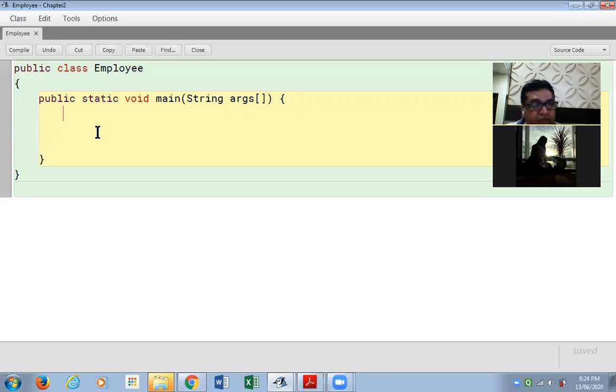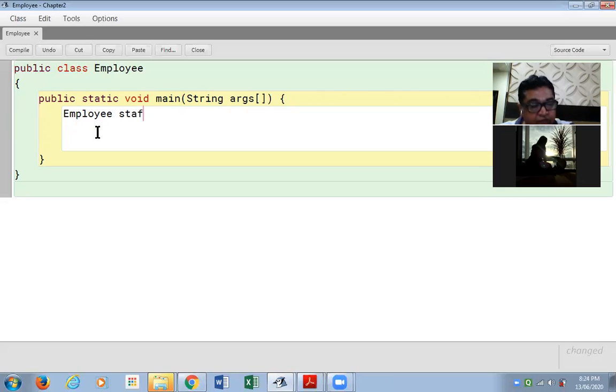Now within the main function, I am creating an employee class object, and I'm giving the name to the object as staff1. Now I'll show one more program similar to this, but with something more in that. That is after this, program number 3, which is also the employee class. This program number 2 in your handout, which I'm doing with you, is on the lines of the picnic program.